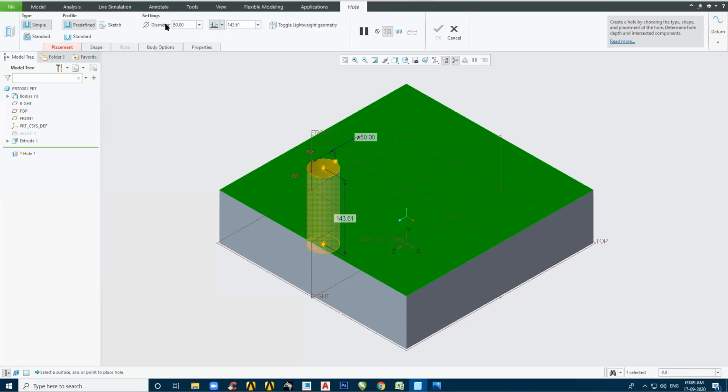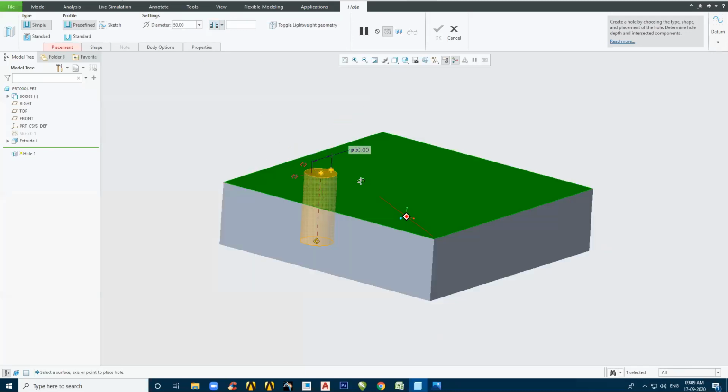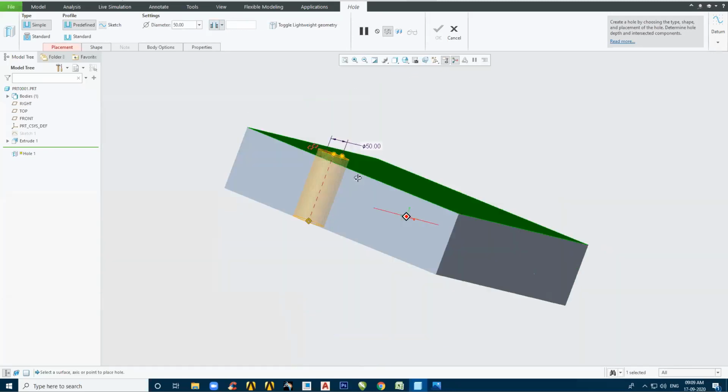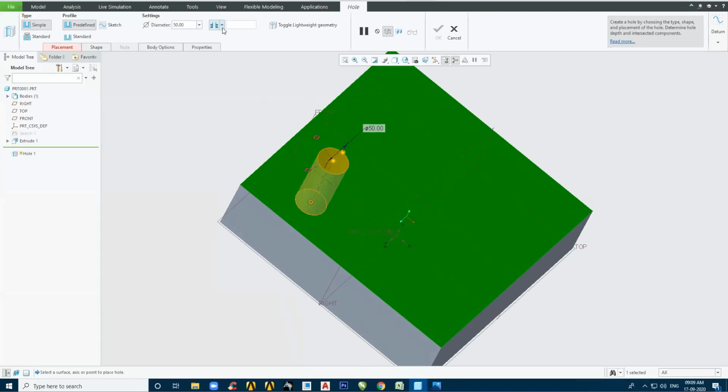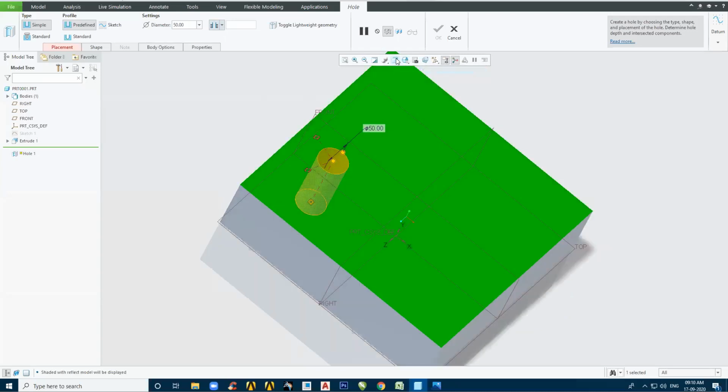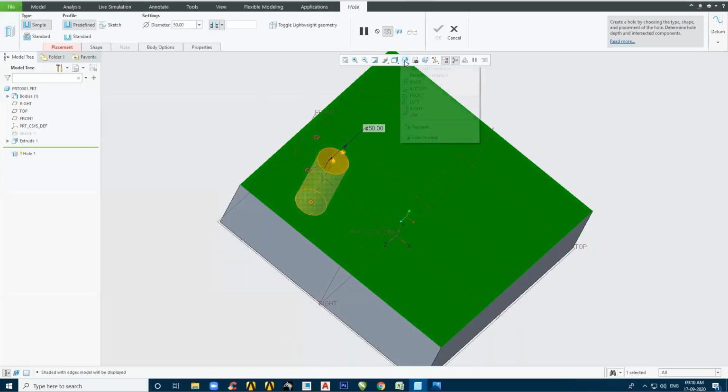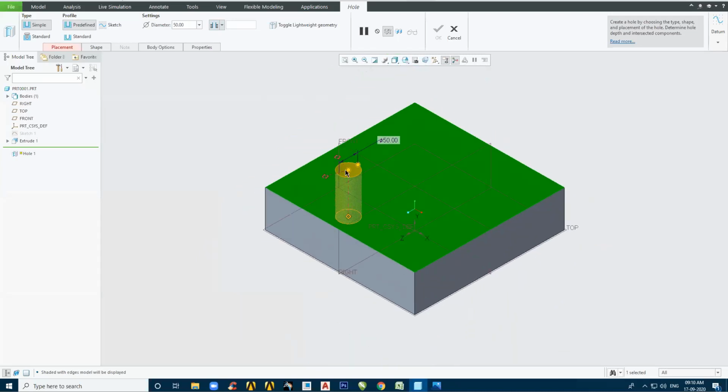Then from here I can change the height of our hole. Let's say I need a through and through hole. So from here I can go for through and through. It can be a symmetrical hole, it can be till a surface, and so on. Now I want it through the entire surface, intersecting with all the surfaces. Clear till here, everyone? Yes, sir. Good.